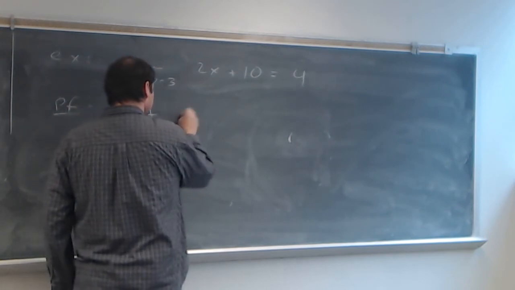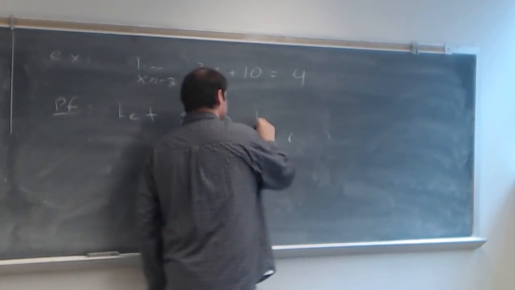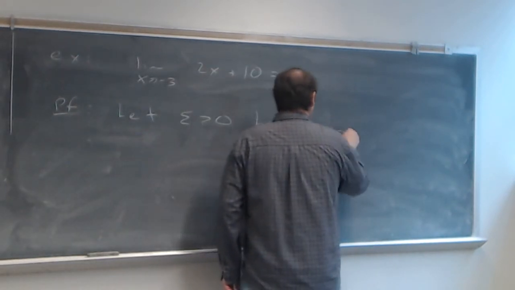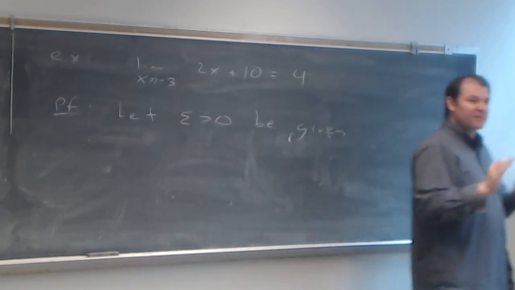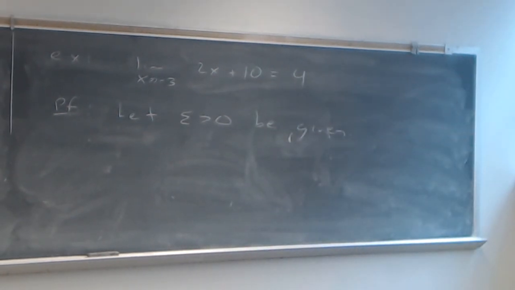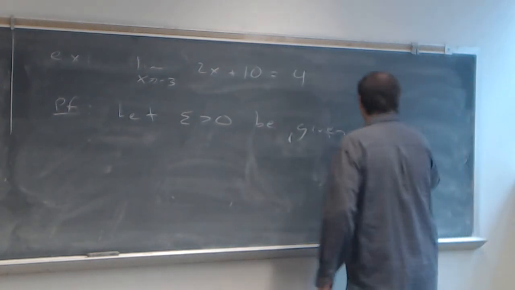The definition has a requirement that no matter what positive number epsilon is given to you, we can find something. When we were working with sequences, we needed to find a k. Here we're not looking for k. What does the definition say? We're looking for a delta. We want to find a delta. We need a delta